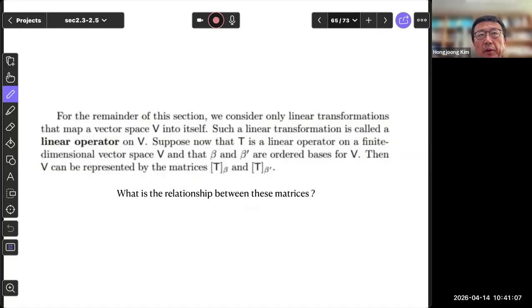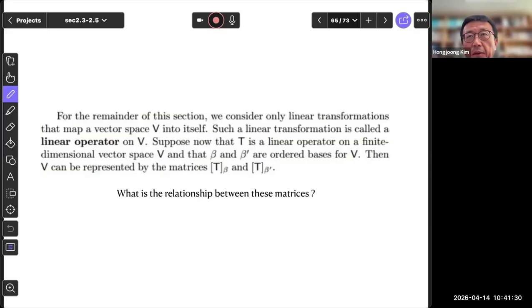Now, for the remainder of this section, we consider only linear transformations that map a vector space V into itself. Such a linear transformation will be called a linear operator on V. And suppose now that T is a linear operator on a finite dimensional vector space V, and we have